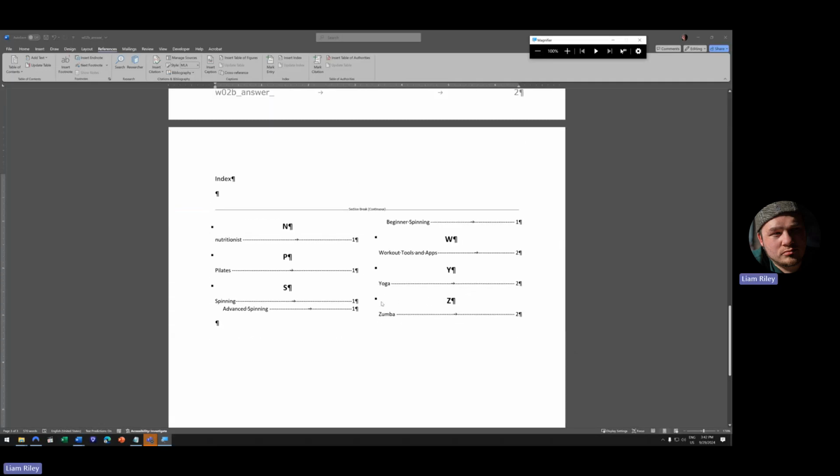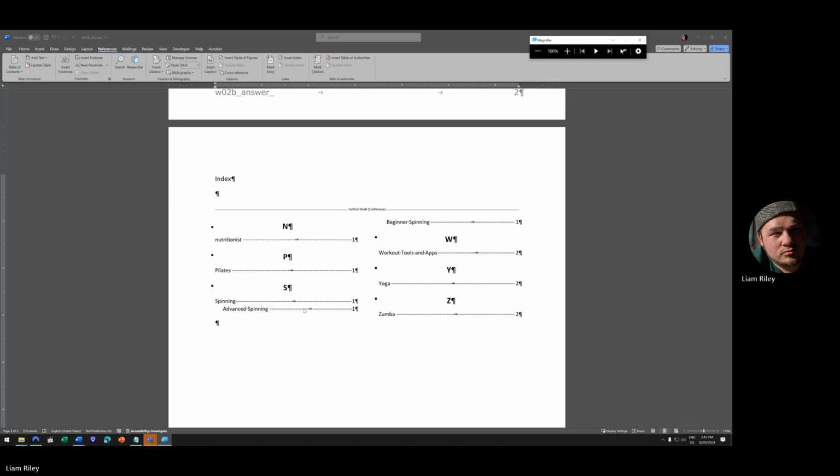So our index looks like this right now, which is close to what we have in the answer key, but it's not perfect. We didn't do the sub-entries for Zumba, and so it's taken the content that we have introduced to the index page, and it's balanced it across the 2 columns. And unfortunately, beginner spinning, which is obviously a sub-entry of the main entry spinning, has ended up at the top of the 2nd column, and it's not with its group. And that's because of the amount of content that we've got. As soon as we introduce content or remove some content, it'll rebalance,